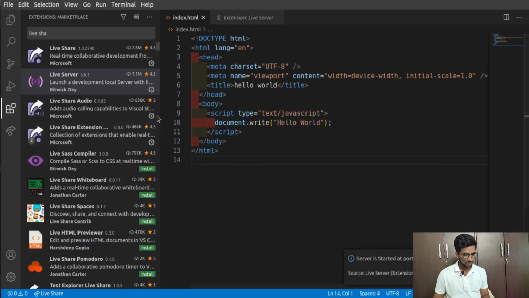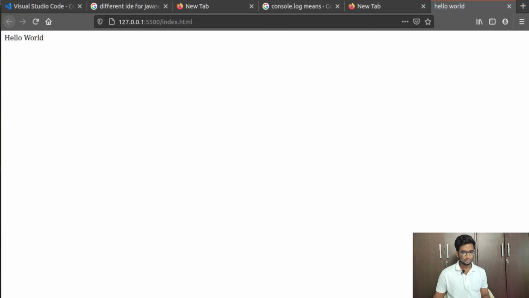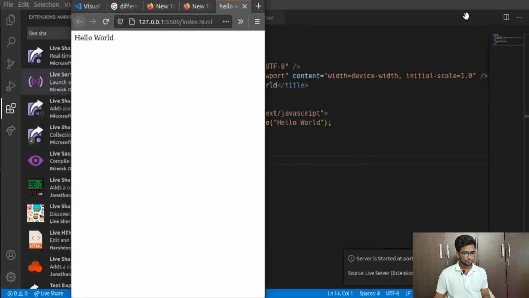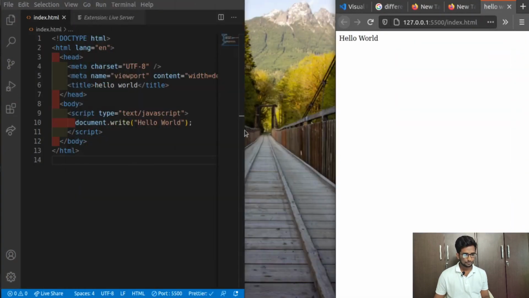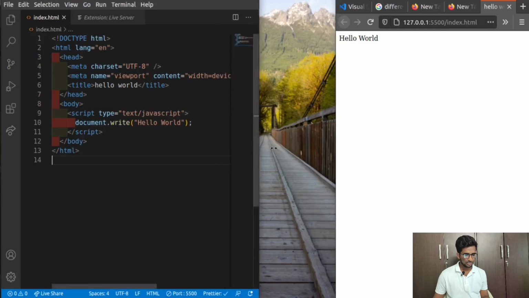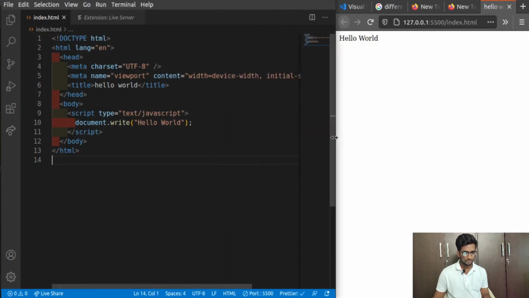If I just click that option, you can see my page has been opened. Here you can see, let me just make them side by side. Yeah, you can see whatever code I have been running, it is showing me hello world. And one more best thing is inside of this document.write, you can also run HTML tags like